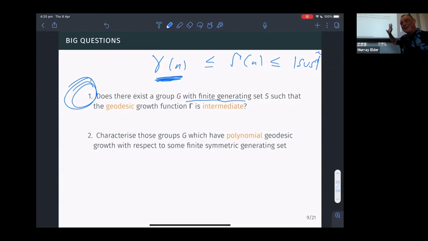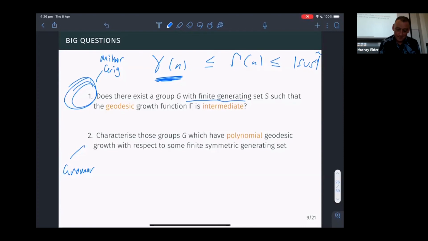Anyway, cool stuff, but I'll go to the second question, which is: characterize the groups which have polynomial geodesic growth with respect to some finite symmetric generating set. So this is the Gromov question. Can you prove a Gromov theorem? And this is like the Grigorchuk or Milnor question. So the theorem that we would want here is that a group has polynomial geodesic growth, meaning it's possible to have some generating set for which it has polynomial geodesic growth, if and only if it's, fill in the blank. So virtually cyclic,